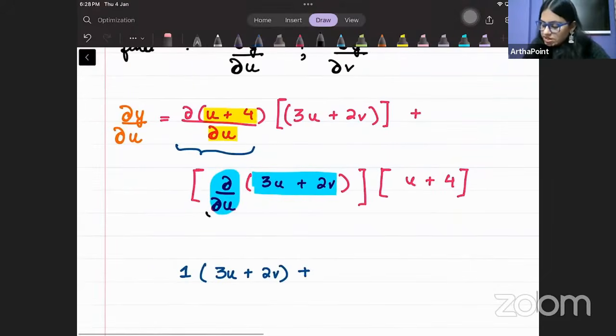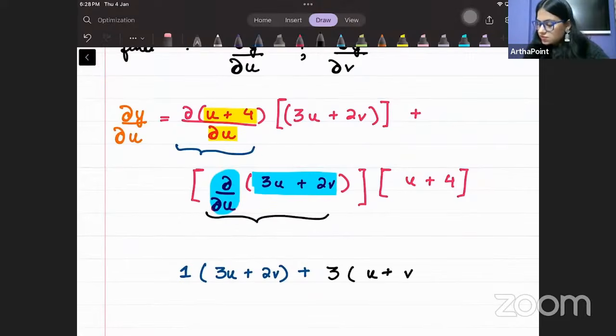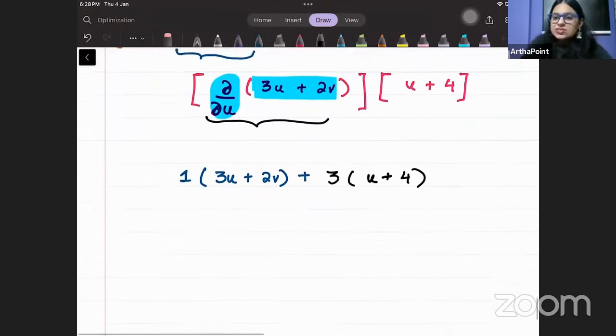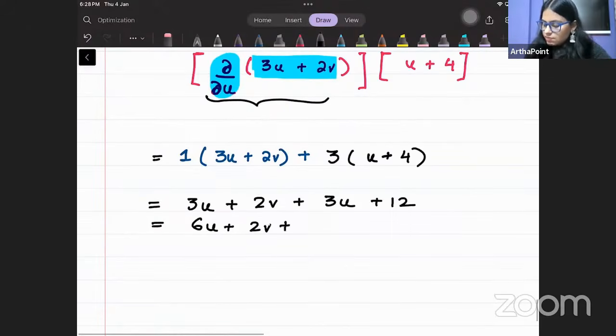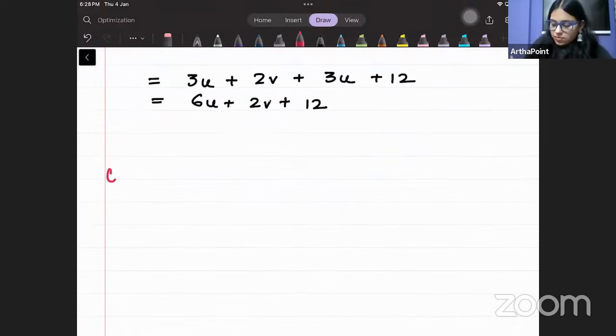तो यहां पर इस पूरी चीज की डिफरेंशिएशन आती है 3 इंटू u प्लस 4। ठीक है बेटा, तो इस पूरे को जब हम अब ओपन करेंगे तो क्या आंसर आ जाएगा: 3u प्लस 2v प्लस 3u प्लस 12, तो आंसर आ जाएगा 6u प्लस 2v प्लस 12। ये आपका फाइनल आंसर होगा। ठीक है, एक और हम क्वेश्चन लेके देख लेते हैं। सपोज मैं आपको कह देती हूं कि आपके पास एक फंक्शन गिवन